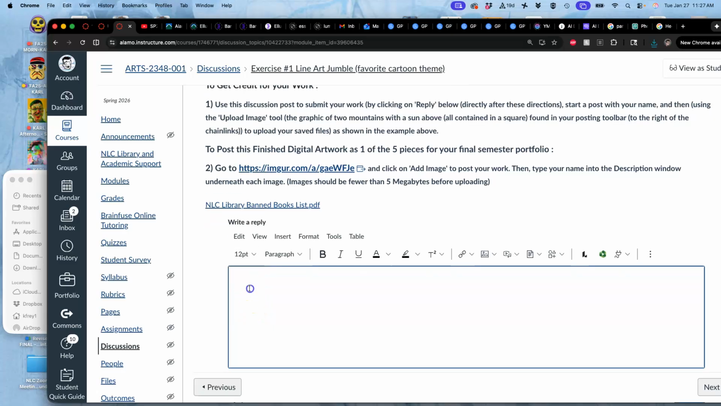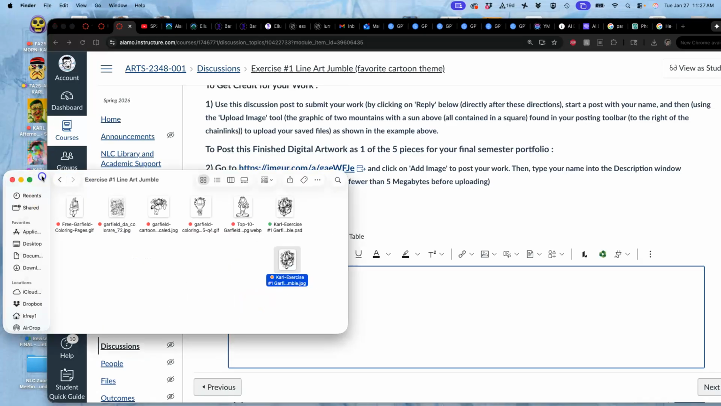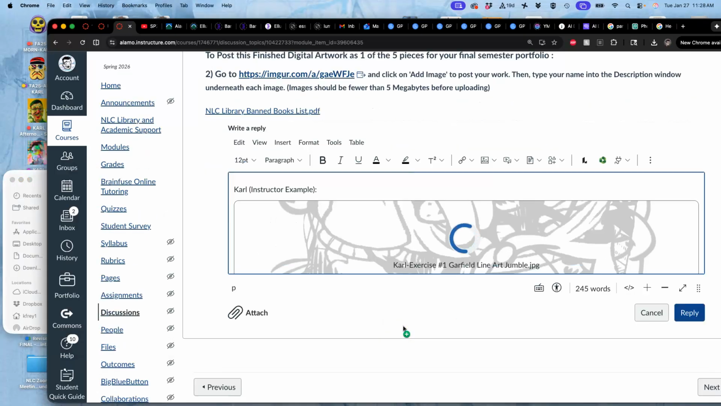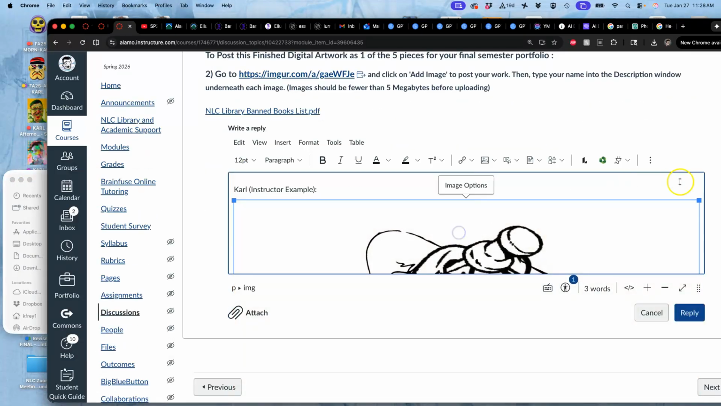And I'm going to write my name. And I often put this. This is under exercise 1, line art jumble. Then I'm going to hit Return. And I'm going to drag and drop the orange online JPEG in. And then I'm going to click on it and shrink it